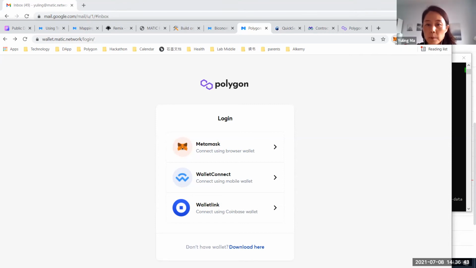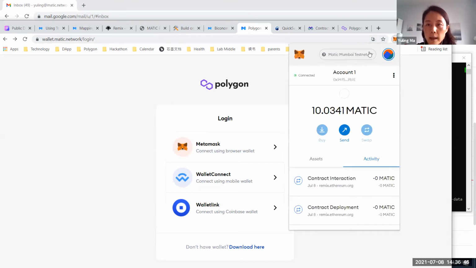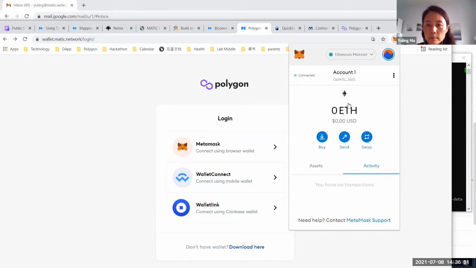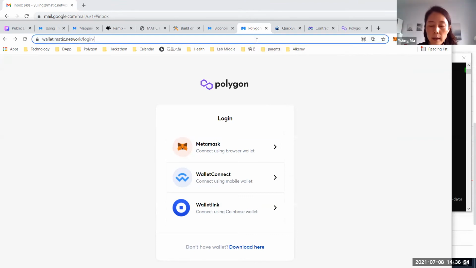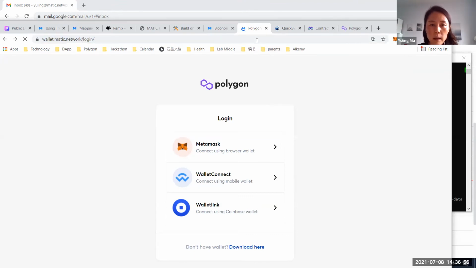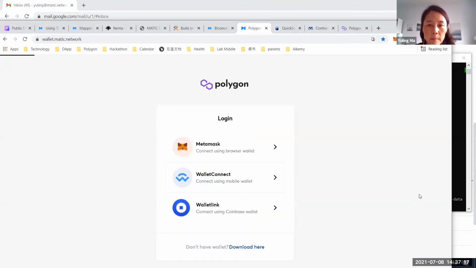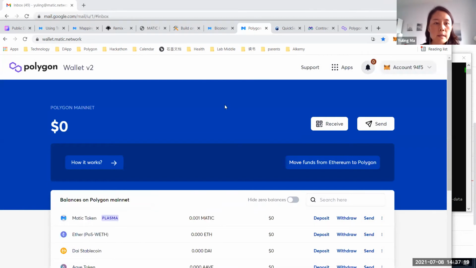So with that said, first we need to log in. And in order to log in, we would have to use Ethereum mainnet at this point. All right. I'm going to use MetaMask, but as you can see, Wallet Connect is also supported. Okay, so now I'm just going to sign to prove the access to the wallet. This is like a login. Okay, so once you're in here,